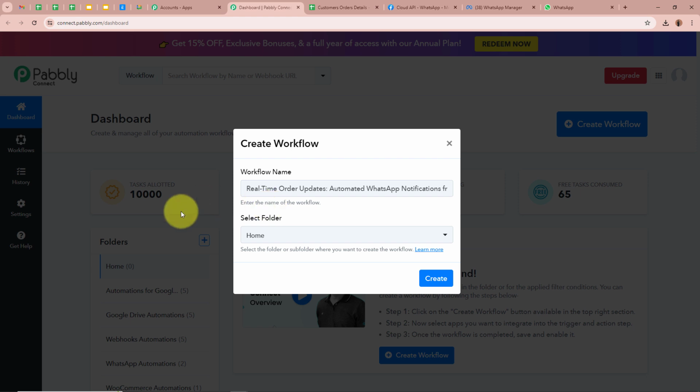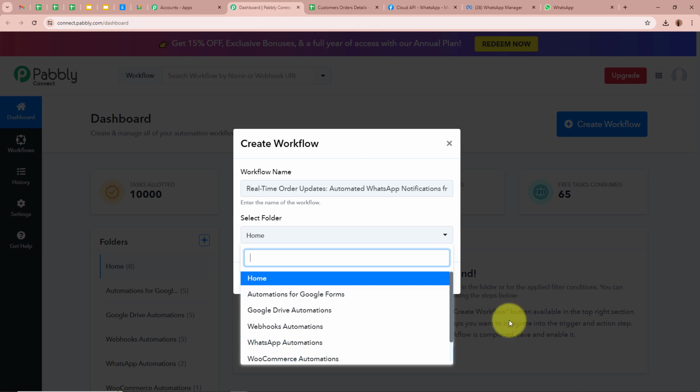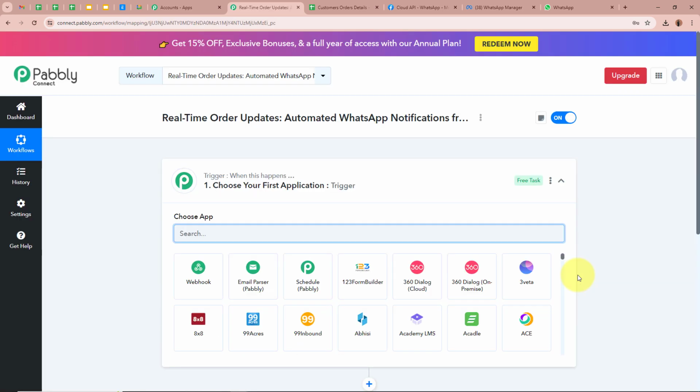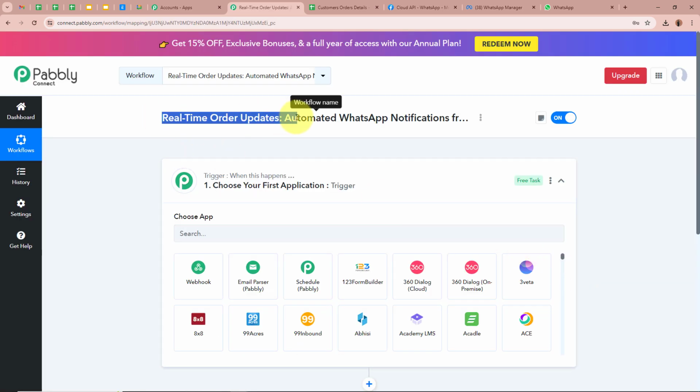Next, it is asking for us to select a folder. On the left side of my screen, you can see I've created multiple folders in my Pabbly Connect account, from which I'm going to select a specific folder in which I want to save this workflow. Click on this arrow. These are the folders, from which I'm going to select WhatsApp Automations as the folder I want to save this workflow in. After giving a name to the workflow and selecting the folder, let's click on Create in order to create the workflow. A workflow is created with the name Real-Time Order Updates, Automated WhatsApp Notifications from Google Sheets,